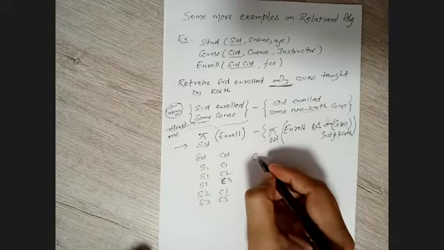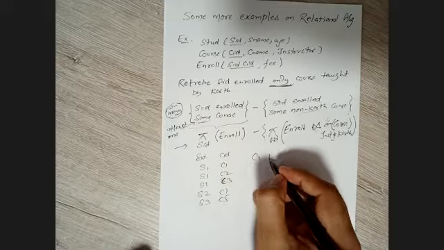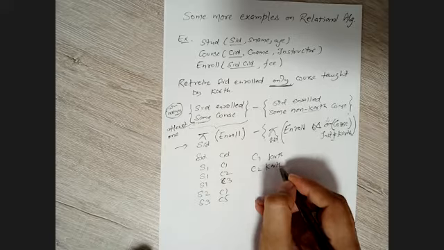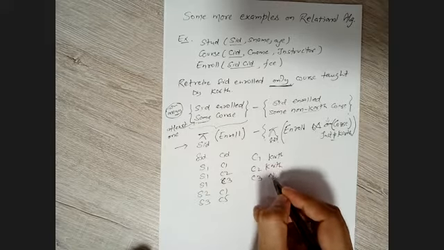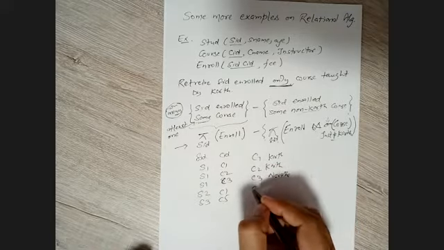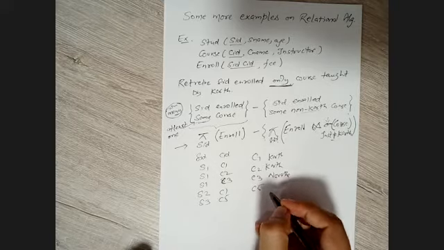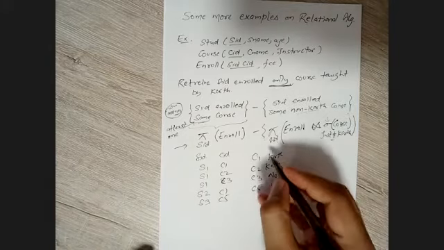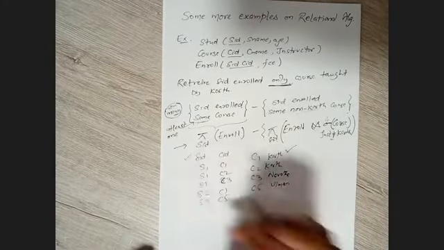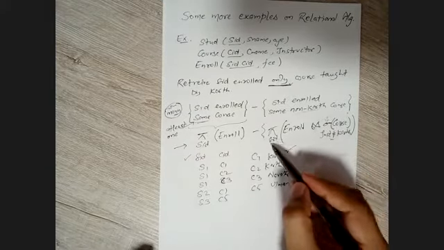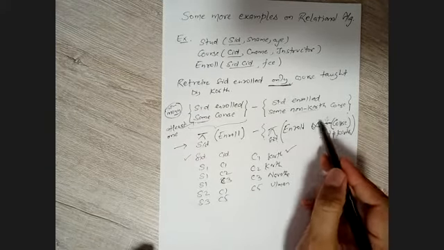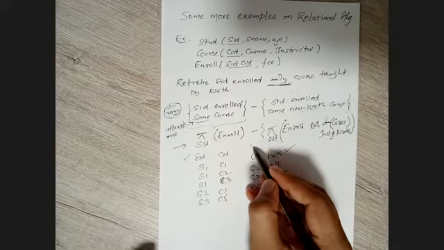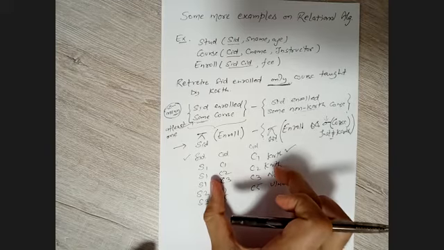And in the course table we have CIDs. Let's say C1 is taught by Korth, C2 again is taught by Korth, C3 by Navathe, and C5 by Ullman. Okay, that's fine. This is your course table and this is your enroll table. So what should be the output for this part? We are going to perform the natural join on the common attribute, which is probably the CID between both of those.